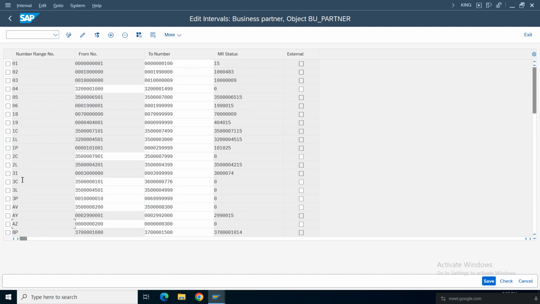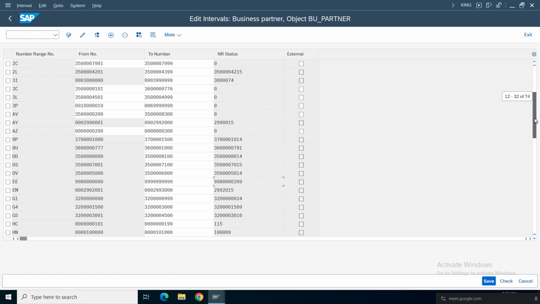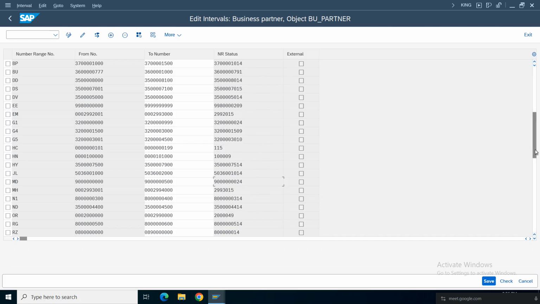3C, yeah, 3C. Oh no, okay, but it was 83, right? Okay, they are used directly for this one. It's already 776 here, nothing has been created with external here. I want to give the same number range, otherwise the system will not accept it here. Okay, let me take the existing number range then. What I'll do,